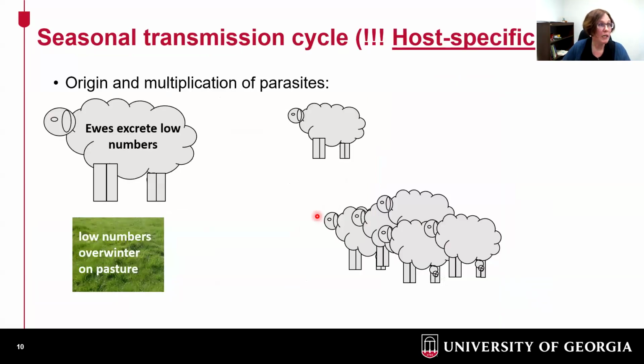So then if we look at the whole herd level, usually we can say that this is a seasonal transmission cycle. Just to mention that those coccidia are host specific, so infections have to originate from the same species. So we do not see a shared coccidia species between sheep and goat or cattle or other ruminants. So each ruminant species has their own